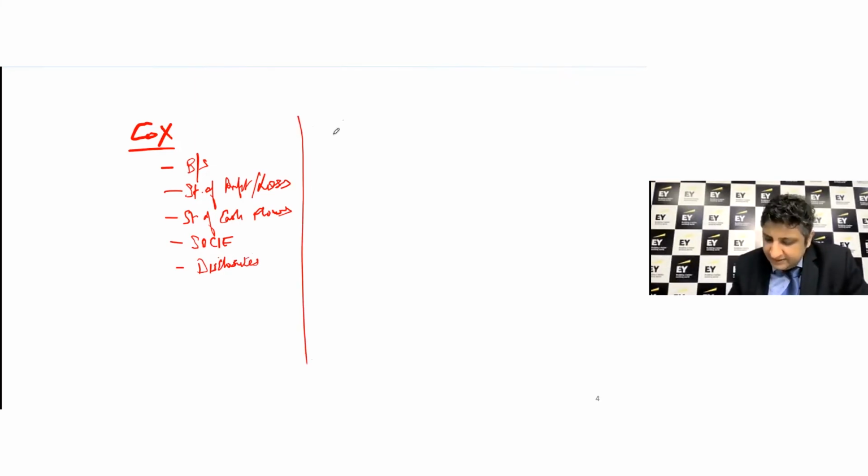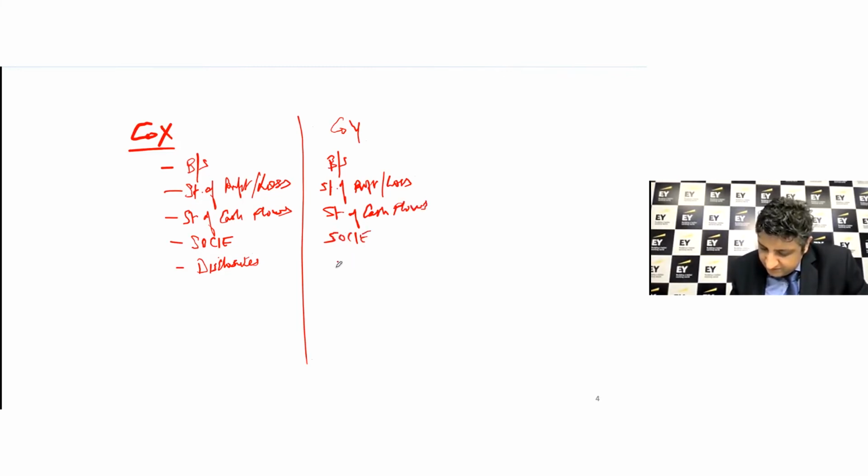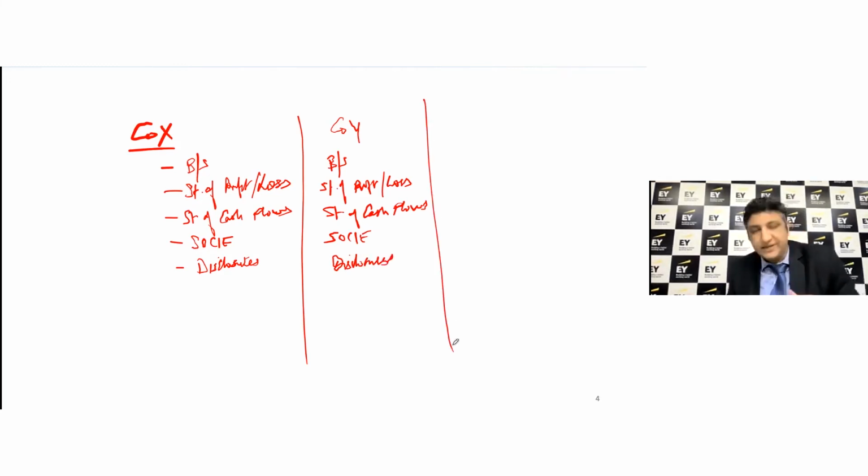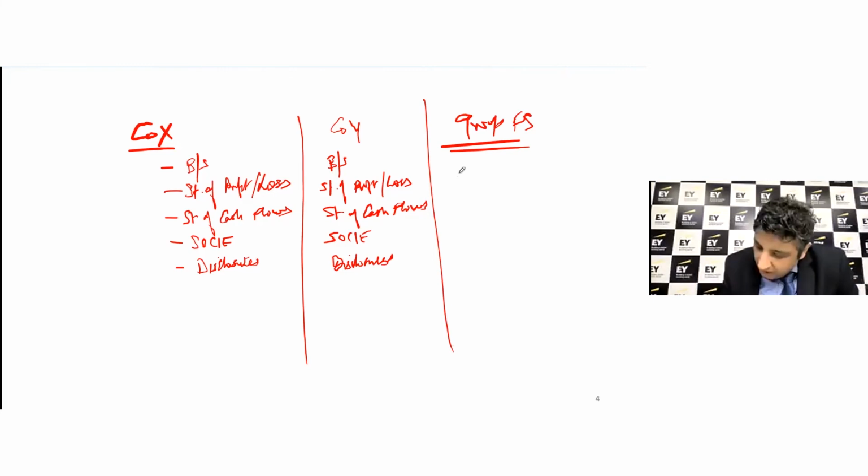And there is another entity, which is company Y, also preparing its own balance sheet and statement of profit or loss, just the same set of financial statements, statement of cash flows, statement of changes in equity, and disclosures. What is consolidation all about? We are now saying that there is also a set of group financial statements or consolidated financial statements where you now talk about